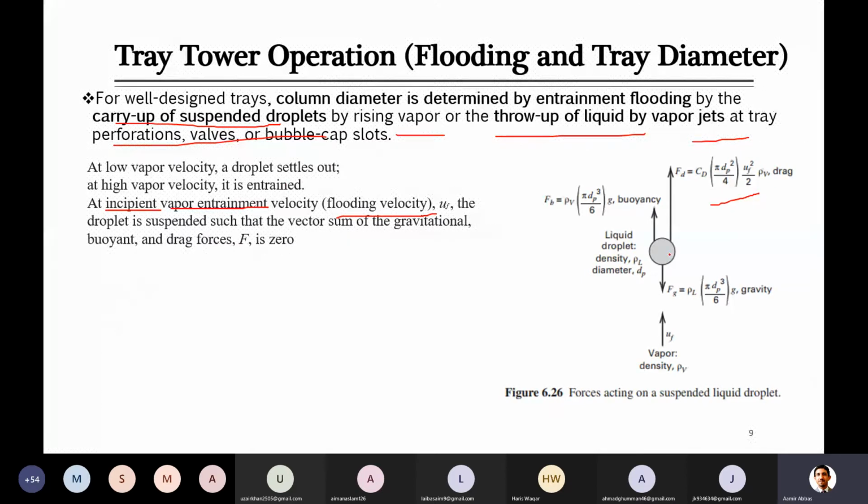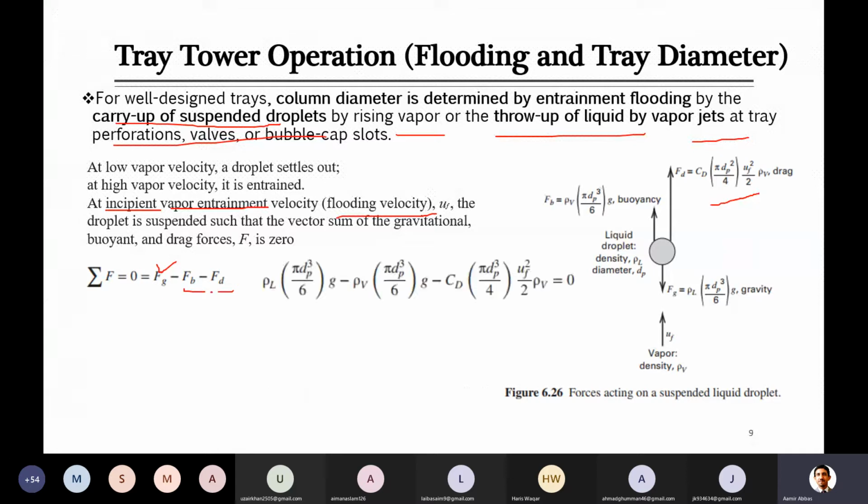At that time there will be three forces acting on the droplet. One definitely will be gravity, with which it will be attracted towards the bottom tray. As well, there will be two other forces, which are called buoyancy force and drag force. You already studied these things in the fluid subject. Whenever these three forces are in balance and something is suspended, the sum of these three forces is equal to zero. So the gravity force is moving it down, and these two forces are pulling it up, and their summation is equal to zero.